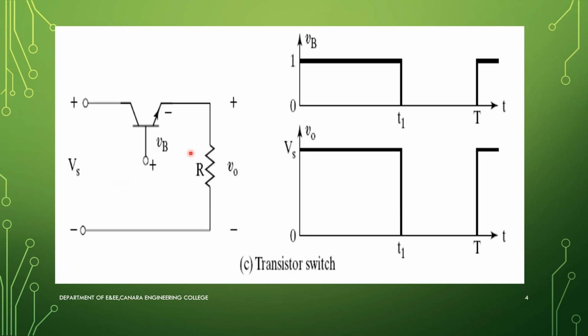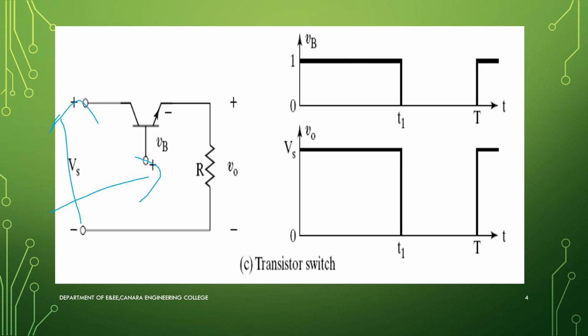Next we have BJT. When compared to your thyristor, here we apply the base signal instead of gate signal, so that the transistor will conduct. And here we are supposed to apply a continuous signal, not a gate pulse. For the transistor family, the signal required for conduction is a continuous type signal. Clear? Now again we assume a DC input voltage.